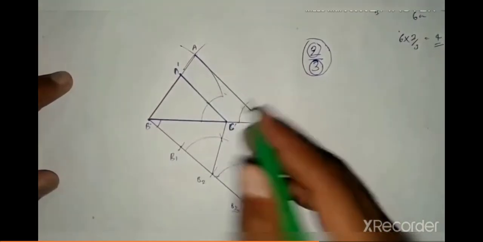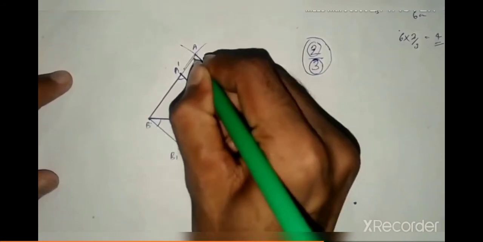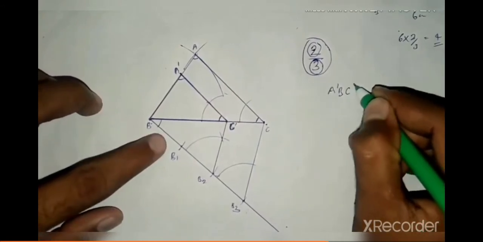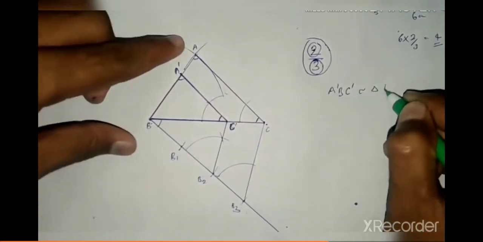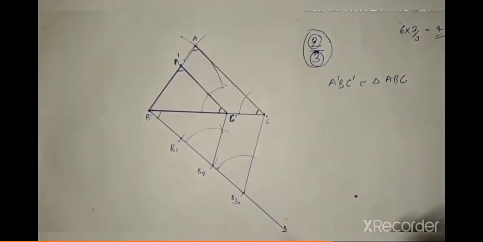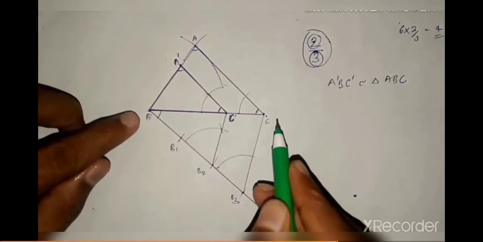Then we have to do the verification. How are we going to do the verification? By using the given measurements and 2/3 of that one. Construction and verification are very important. Now you know that it is divided parallel, which means basic proportionality theorem: it will be in the same ratio. So let me see what ratio. It should be 2/3 of the ratio.